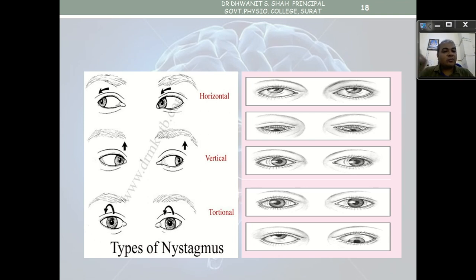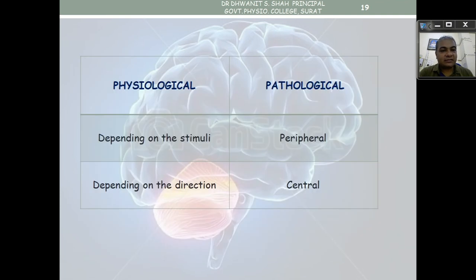While the patient does the movement, if the eyeballs are not moving in a coordinated way, one eyeball moving in one direction and the other eyeball moving in another direction, with horizontal, vertical, or torsional deviation of the eyeballs, and not both eyeballs in the same line, same direction, or at the same time, then nystagmus is present. That is called pathological nystagmus.